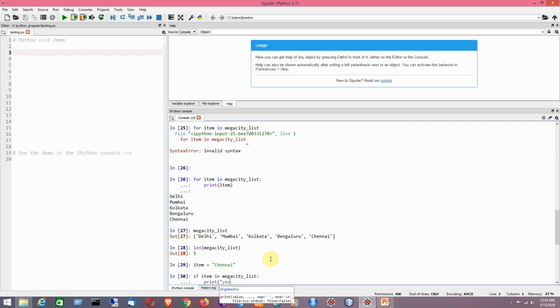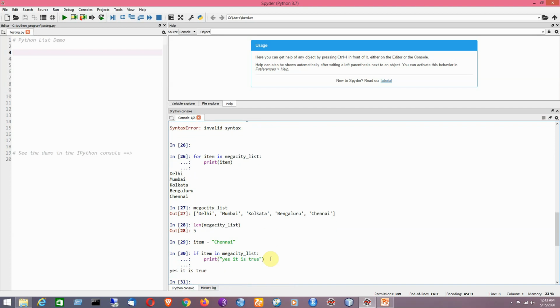Yes, it's true. That means it is there. Okay, so that is the thing I would like to test here. Yes, it is true. That means the membership operator can be used for checking whether an item is present in the list or not by using the in operator.